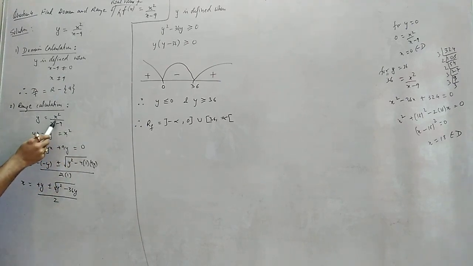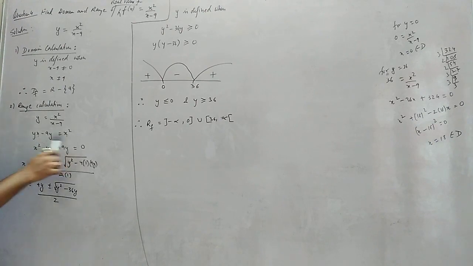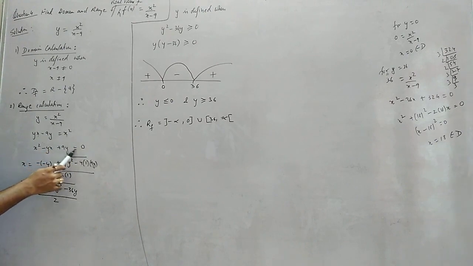If both were x square, x square would become common between those sums. If both were x, then x would come out common, and it is very easy to convert x in terms of y. Right class? But in these questions where we have x square and x, the conversion is not easy. We have to take the help of a quadratic equation. So I will make it a quadratic equation: shifting yx to that side, minus yx, and plus 9y equals 0. Now this is a quadratic equation, a x square plus b x plus c. So a is 1, b is minus y, c is plus 9y.